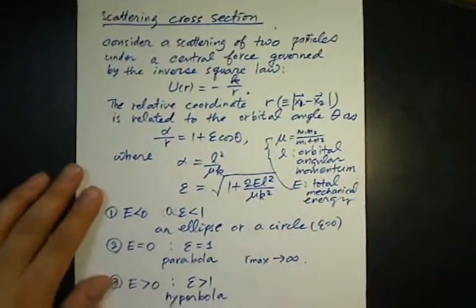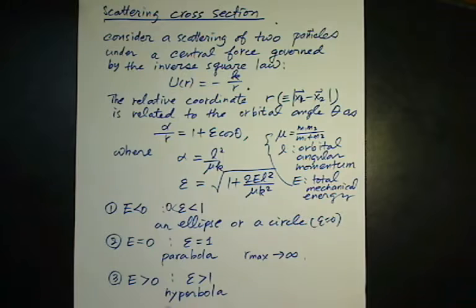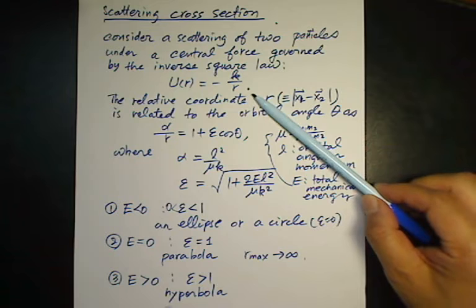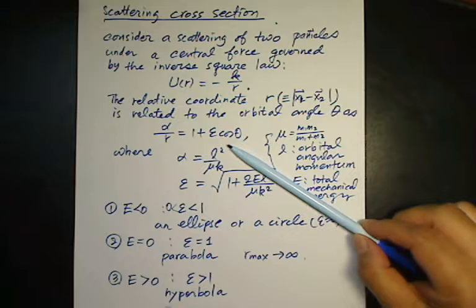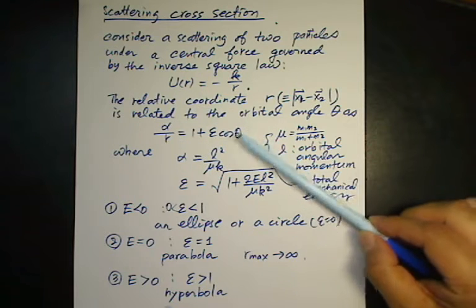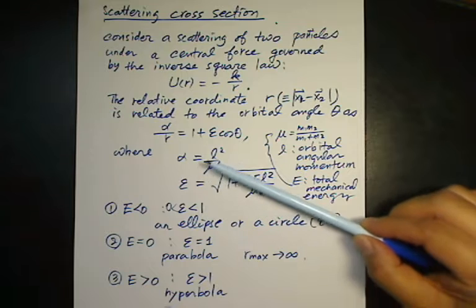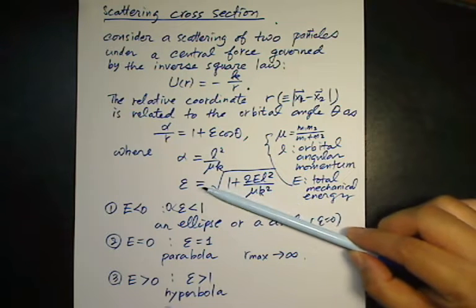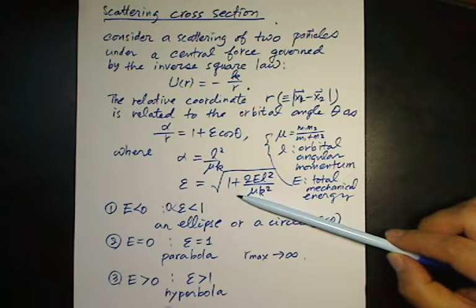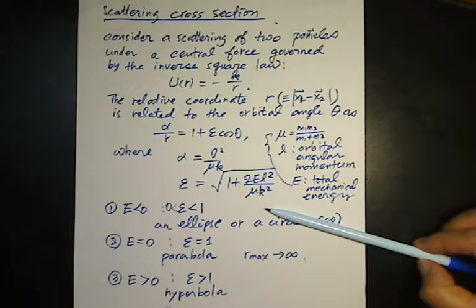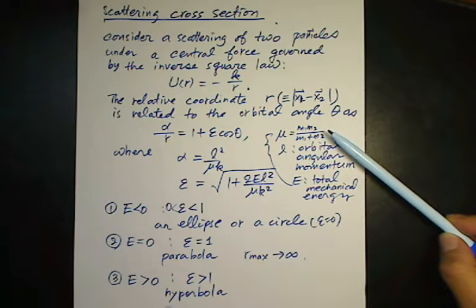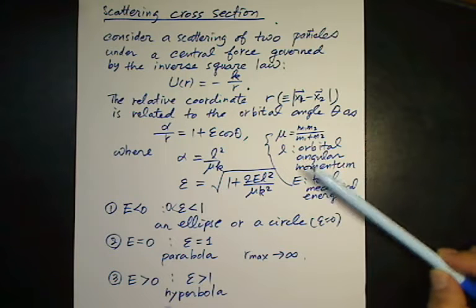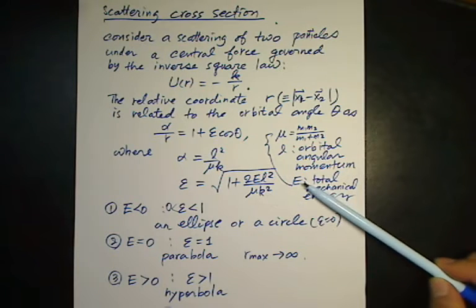Okay. Next, we consider scattering cross-section. First, we will consider the inverse square law. If we know this, then the orbit is determined in this way. Once the orbit is given in this form, the semi-latus rectum alpha is L squared over mu k. The eccentricity of the orbit is the square root of 1 plus 2EL squared over mu k squared. Therefore, as long as you know the reduced mass, orbital angular momentum, energy, and the strength of the interaction, then